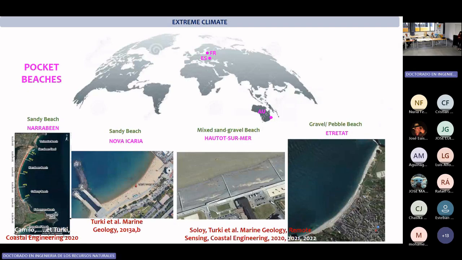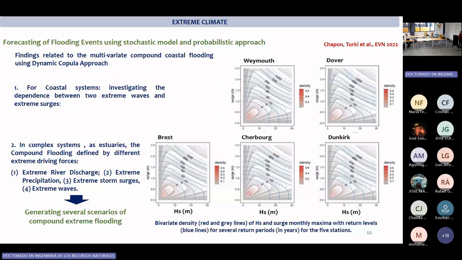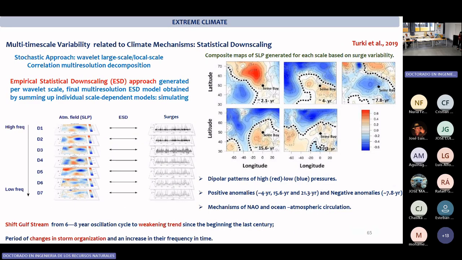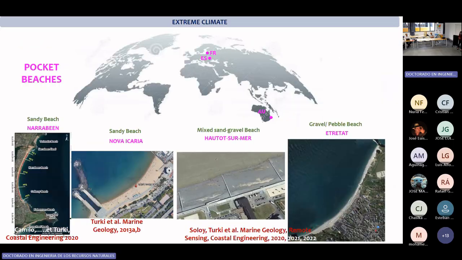Then we have used the climate oscillations to estimate the hydrodynamic variables. Then we move here, and we will look for the effects of climate oscillations on the beach, on the erosion. It's work done over the last 2 years, I guess, for beaches in Narrabeen, with some colleagues from Australia, in Spain,